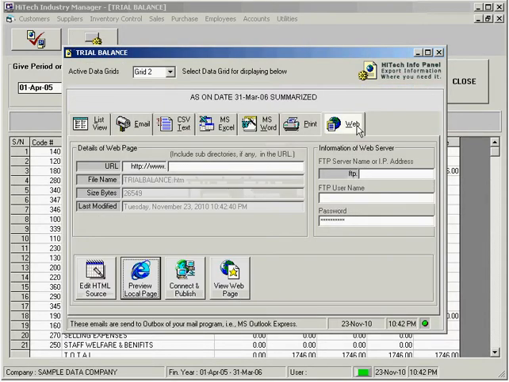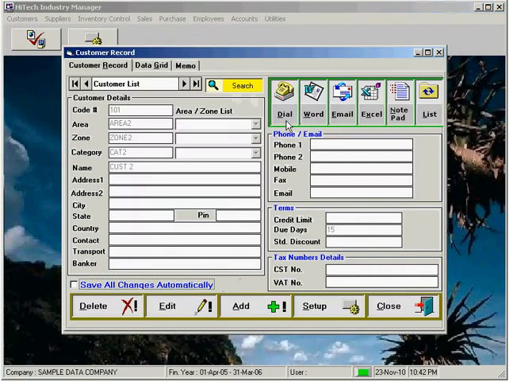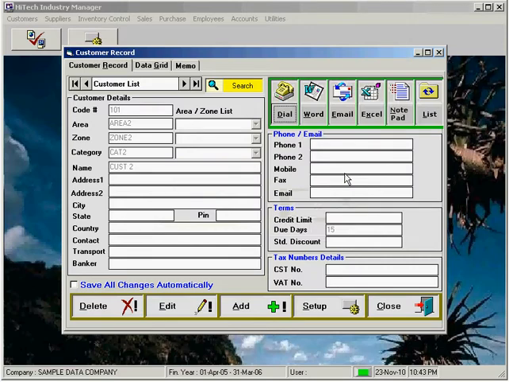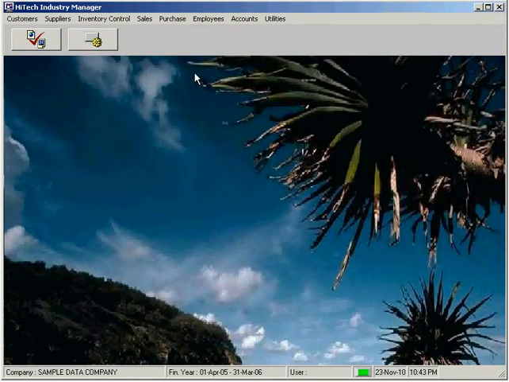Another tool included with the program is Communication Control that is linked to party or customer, supplier or employee records. You can write a communication using Word, Excel or Notepad or send an email to a party. The communication is linked with the party record and can be re-accessed again. Also telephone numbers can be dialed by click of a button using the computer modem. The program has an OCX user interface that makes data entry effortless and editing of all records is possible with ledger and inventory being updated automatically. A number of reports are displayed with graphs. All reports can be exported in various formats as described above.